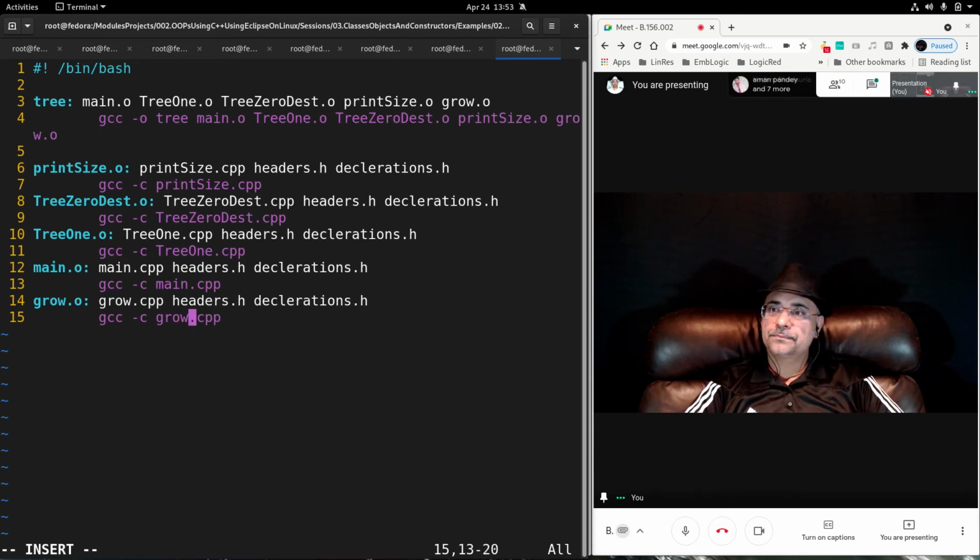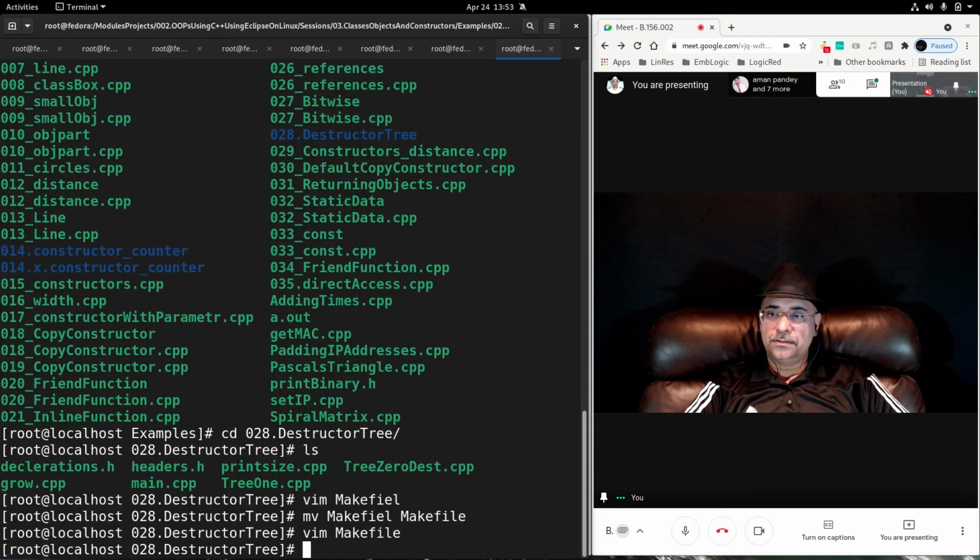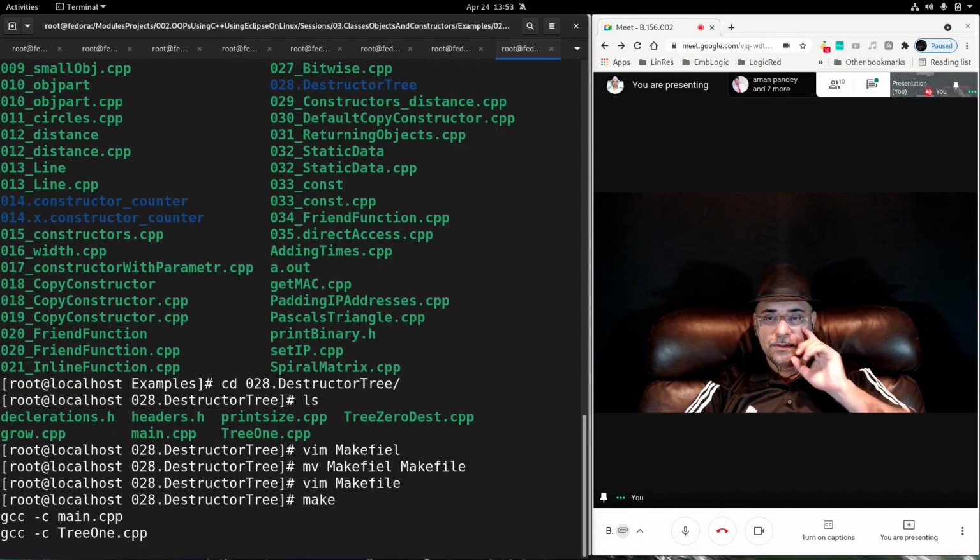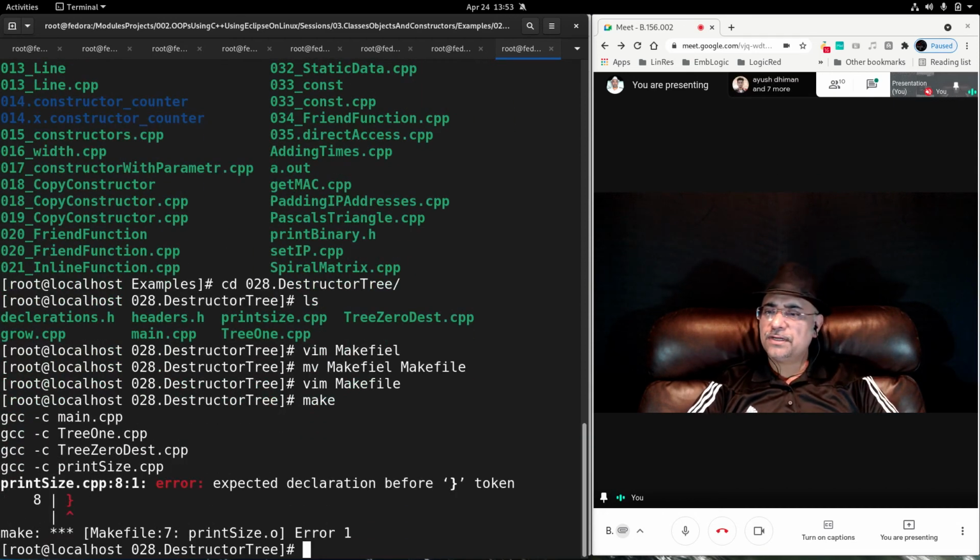Okay, done. Make. So we start building our program, and there is one error in print size line number 8.